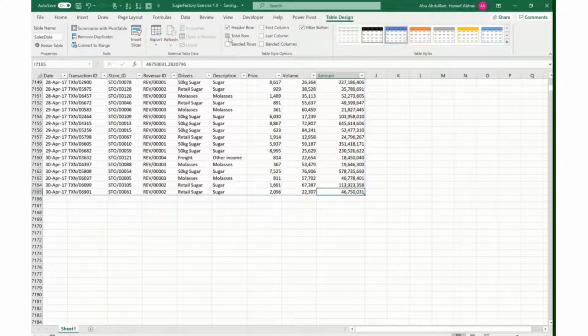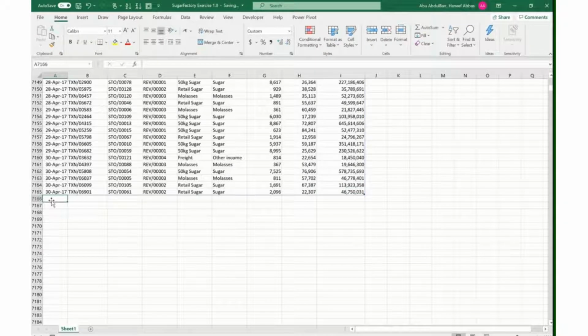and I'm going to run you through how you add new data to your table once you've created it. Adding new data is very simple and straightforward. All you need to do is go into the last row in the data set and just start typing. So if I was going to enter new data for today, for example, I can enter today's date by simply typing, and then I'll press the Tab key to select. You will notice that automatically this row is added to the table,